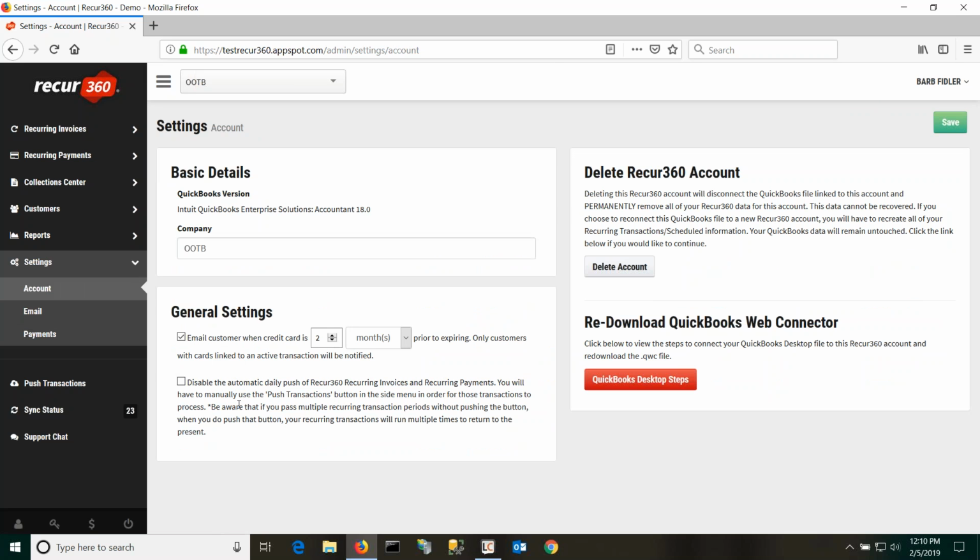So it gives you a little bit more control over when that happens as opposed to it automatically doing it every morning at 3 a.m. Now, the disadvantage, obviously, is you can't set your recurring invoices and forget about them and let them automatically process. You do have to manually, every time you want invoices to process, log into Recur360 and press your push